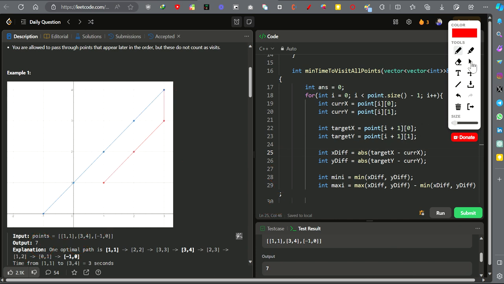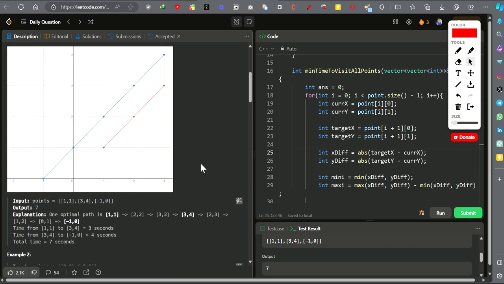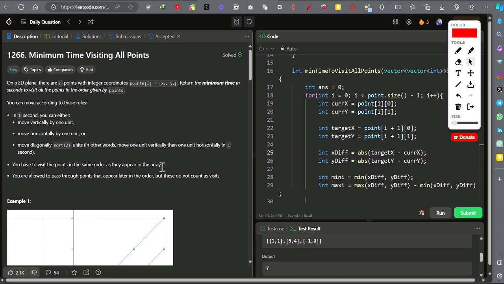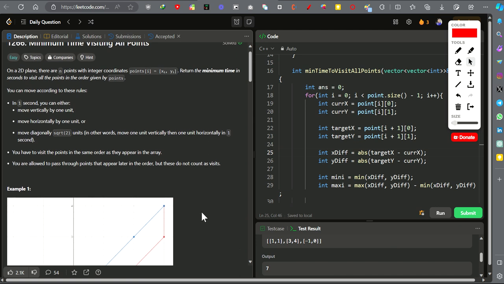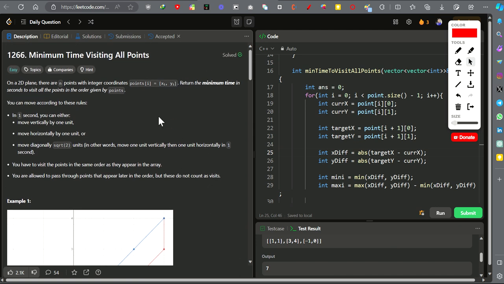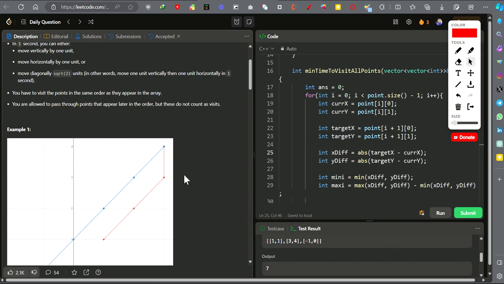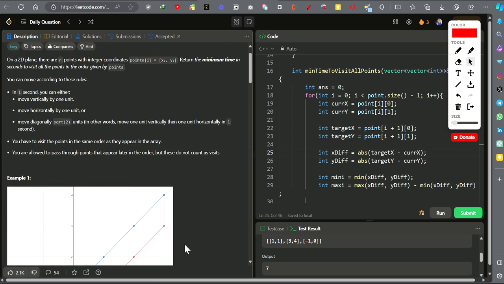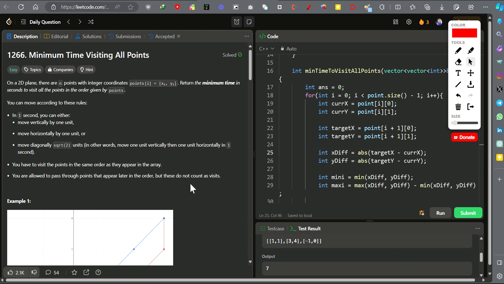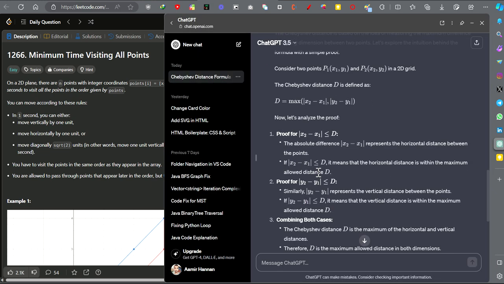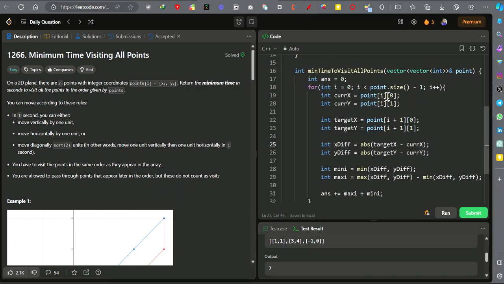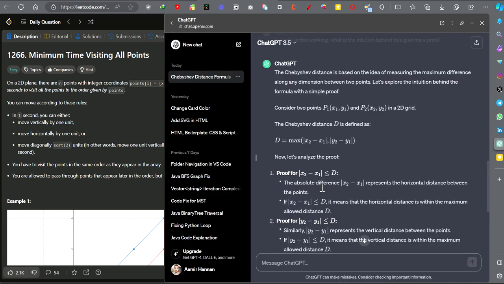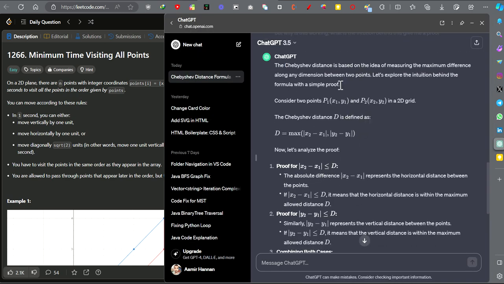Actually, I don't just want to explain this question, but there's a hidden mathematical formula that is used to calculate this distance in a very effective way. I would like to discuss that particular formula. So if I simply open this up, this is what we have. This is what we call a chessboard